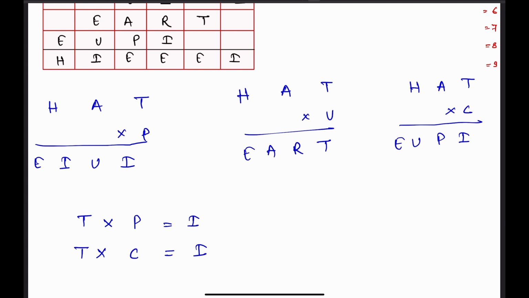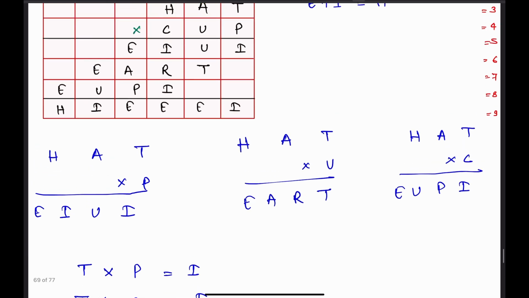A is multiplied with C, I'm getting as P. H is multiplied with C, I'm getting E and U. Somewhat they are all related. Like if I see that EU is here coming, EU is here coming, and EI, I, but